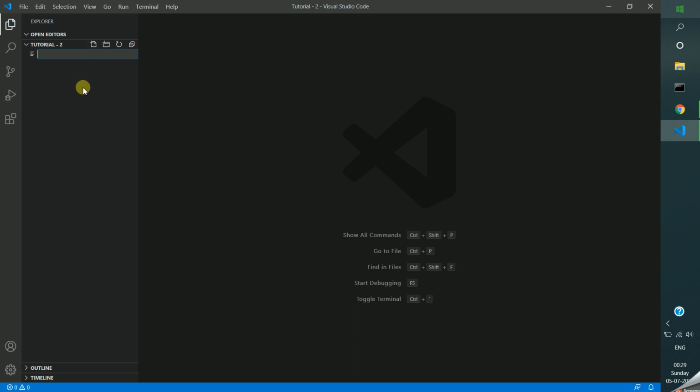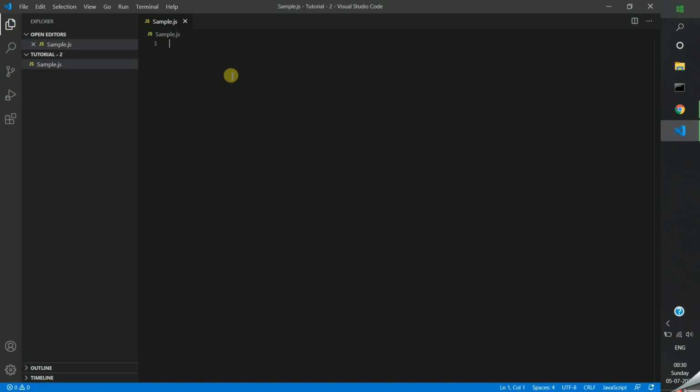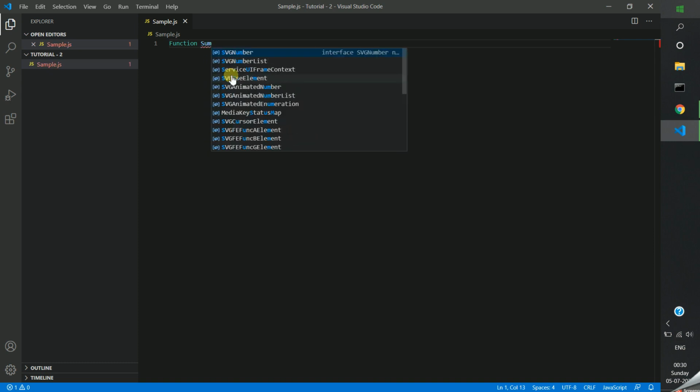I am going to create one sample JS function. I created one file, sample.js. Here I am creating one function called sum.